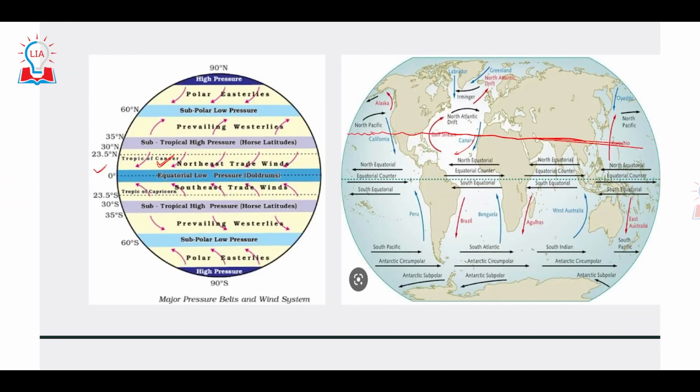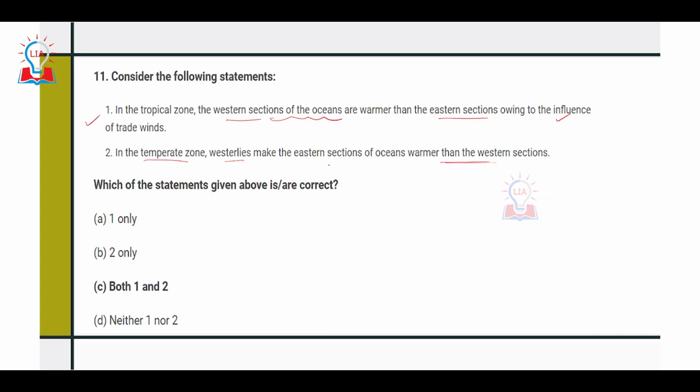Now, if we take a look at the temperate zone, we can see it is the westerlies wind that is moving from west to east. And as the westerlies wind are moving from west to east, they carry the surface water from west to east. And it is due to this reason the eastern section of oceans now become warmer as compared to the western section. And it is also due to this reason, the North Atlantic drift current that flows under the influence of